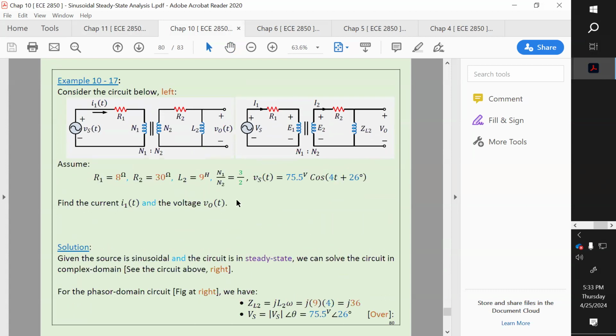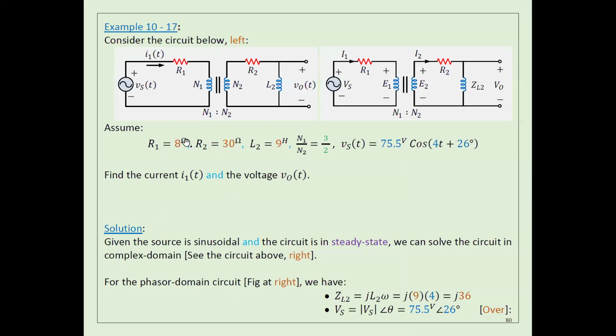Here in this example, I give you this example. It will be easier than this one, but if you understand this example, it will be something like this one. Here I will give you the ratio of N1 and N2,